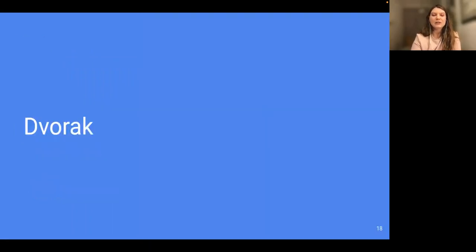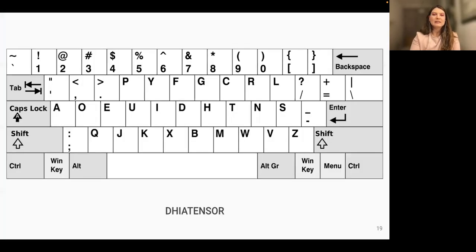And next I wanted to discuss Dvorak. It is one layout that I personally use and prefer. And this is how it looks. If you look at it closely, you can notice that the middle row of this layout actually contains almost the same letters as